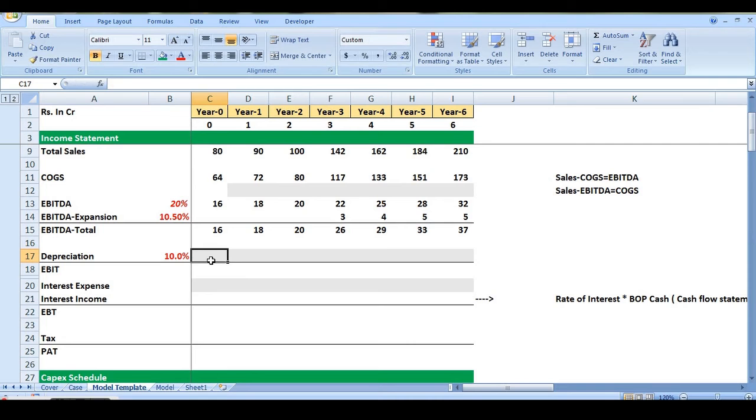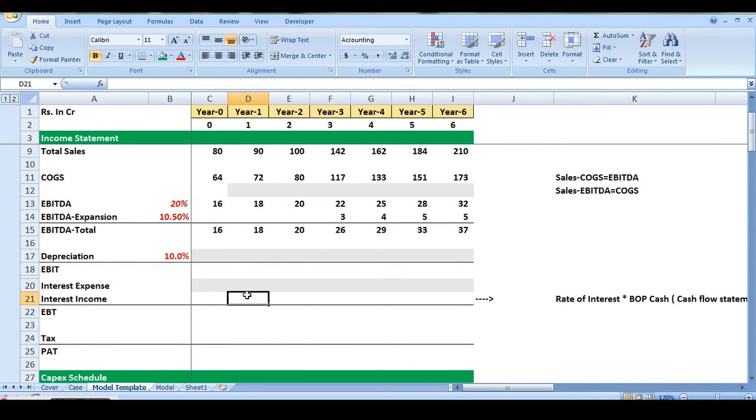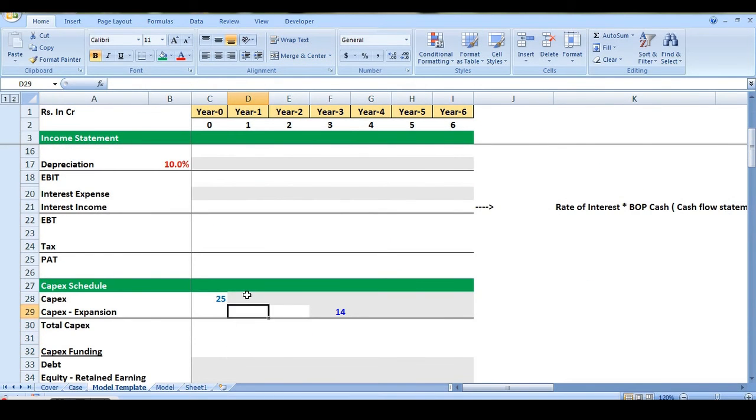And we have to calculate depreciation as a percentage of asset value, and it also says the depreciation to be calculated on average of current and previous year values, gross values of the assets. So we need to calculate the assets. For that we need to prepare the capex schedule. Either you can call it capex schedule or you can call it asset schedule.